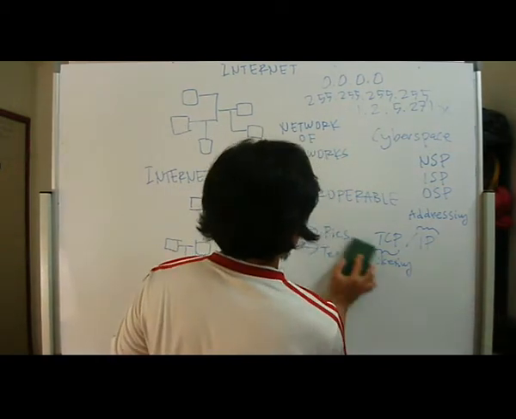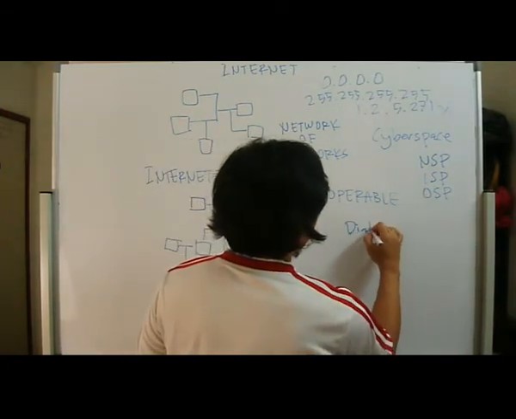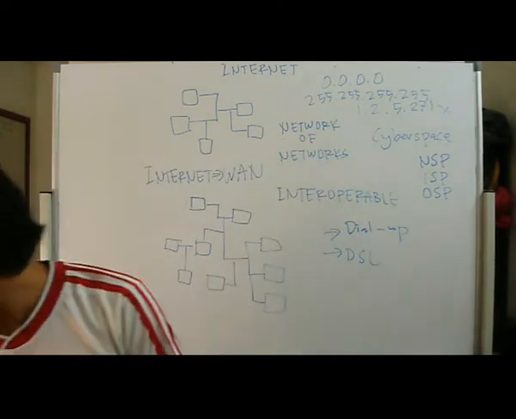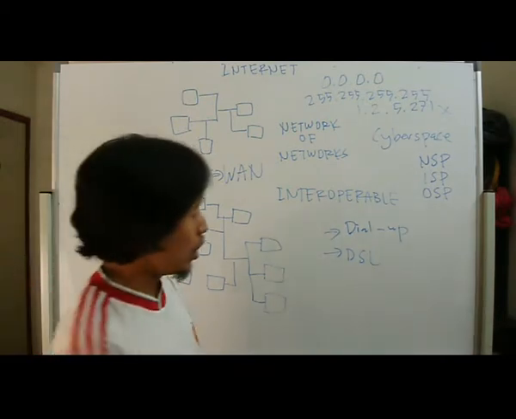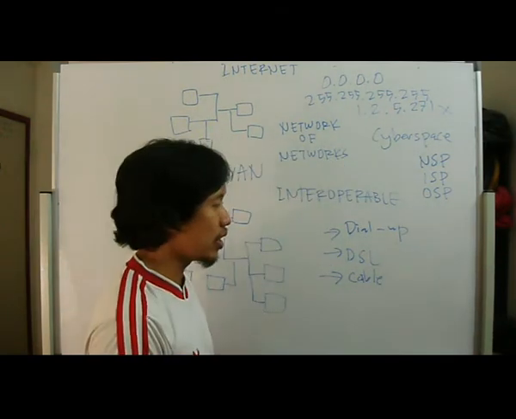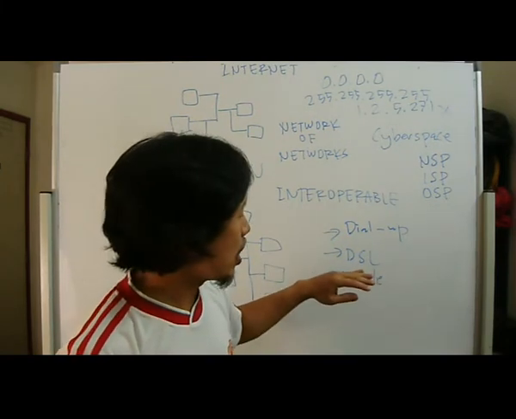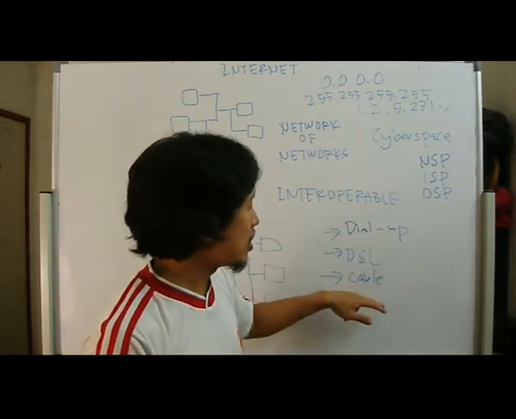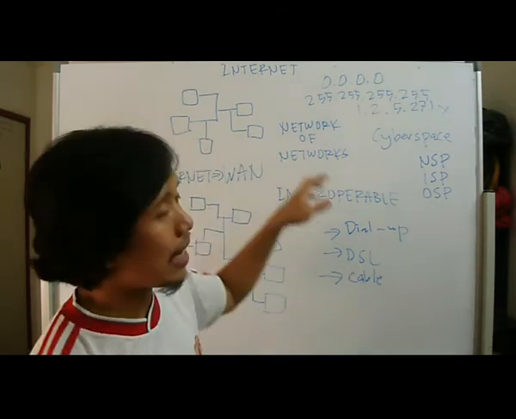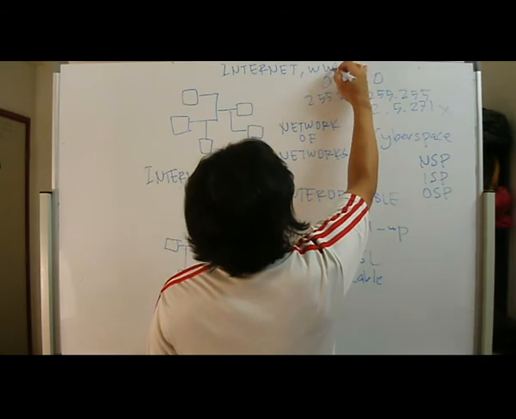For example, you can use dial-up, you can use DSL, or you can use cable. You can read through these further within your slides. It should be slide number 8 if I'm not mistaken, where you can refer to the kinds of services for you to access the internet. So that is the intro to week 9, which is the internet, the World Wide Web, and e-commerce.